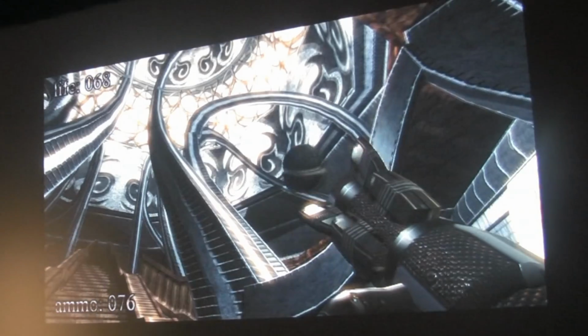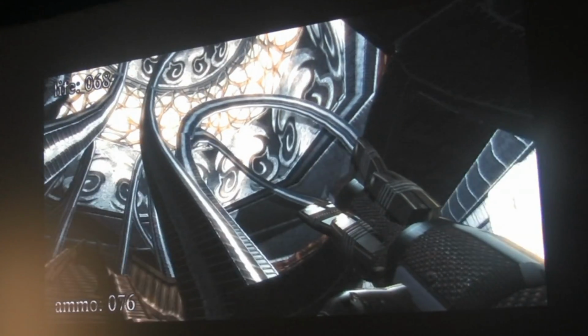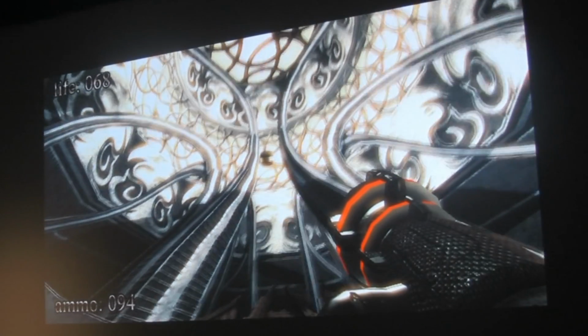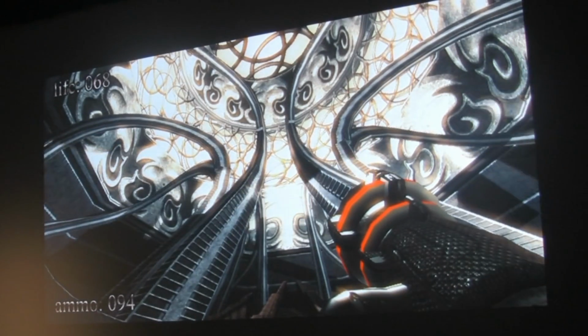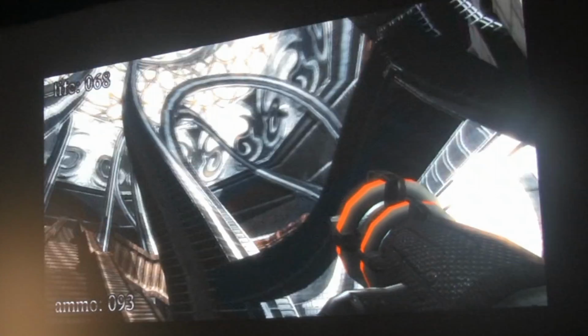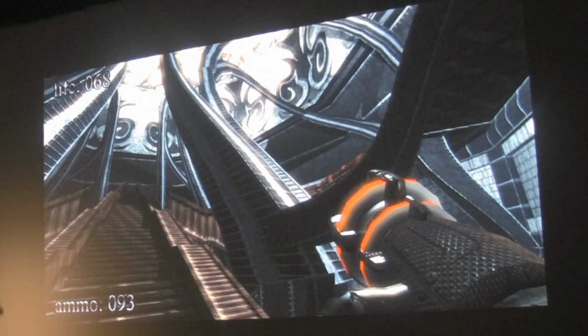This is the end room. The shadow gun was specifically engineered to light this room in interesting ways. And it's coming back into the third slide.